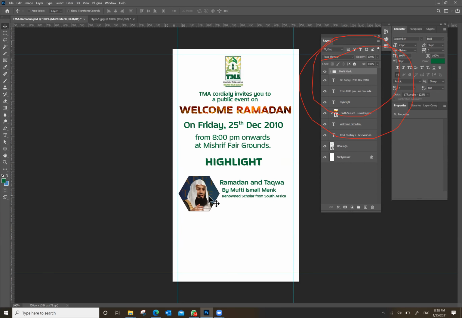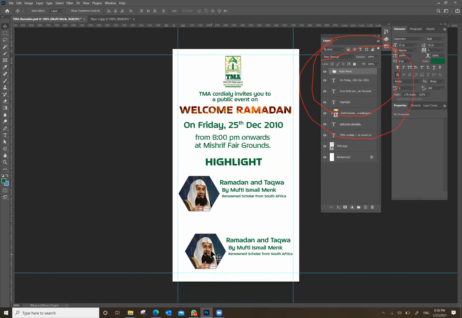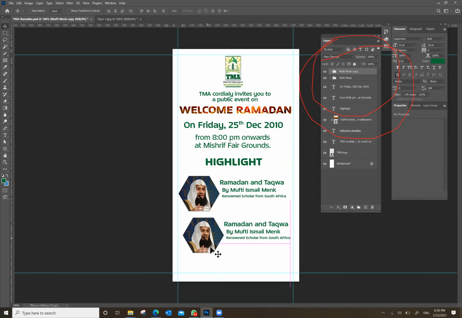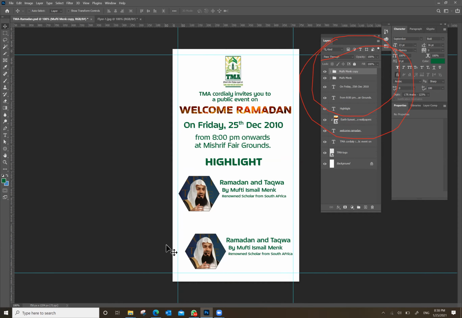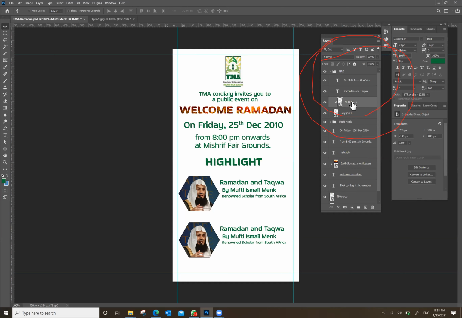Another benefit is that by holding the Alt key, if I drag the whole folder, I get another one. I got another set of the same thing, so that you can have another speaker in place of Mufti Menk. For example, now Numan Ali Khan, NAK. I will name the folder NAK. I will go to Mufti Menk and delete this folder. One second, the battery is very low.